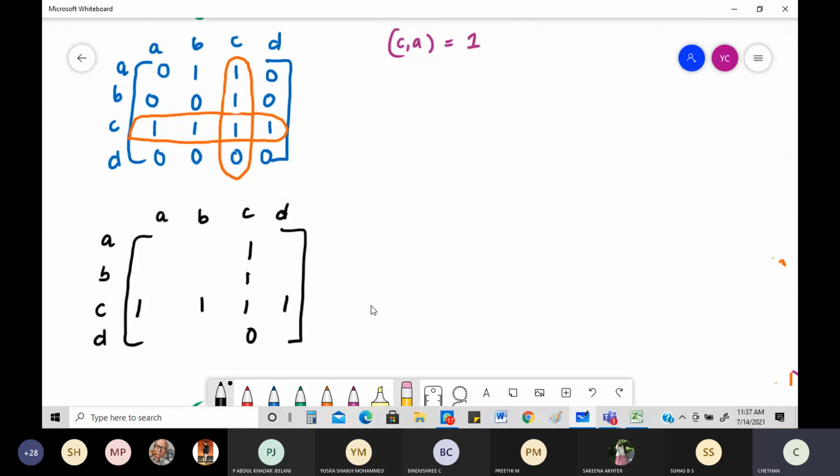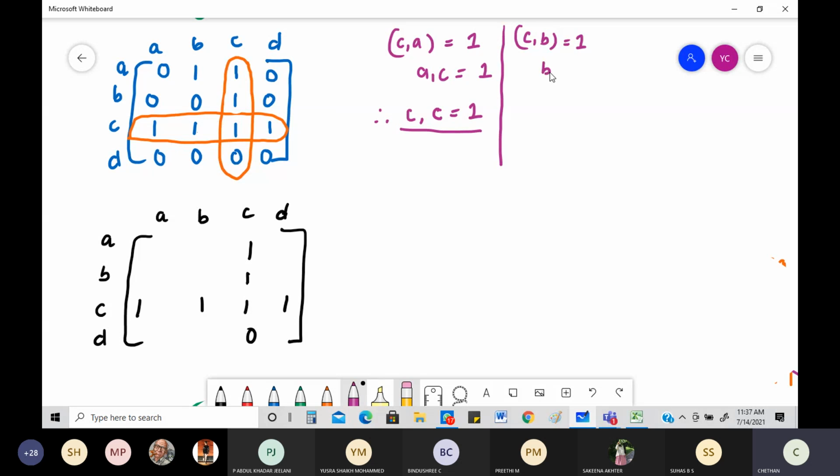Okay, so C to A is equal to 1. You can very clearly see that C to A is equal to 1. Now I need to figure out any node that is starting from A. You can see very clearly all the nodes that are starting with A with regard to the third column. What is it? A comma C is equal to 1. Therefore, I can easily say C comma C is already equal to 1. Already it is 1. We are not going to get much about it. Let me go to the next part. C comma B is equal to 1. Then let's go for the next one.